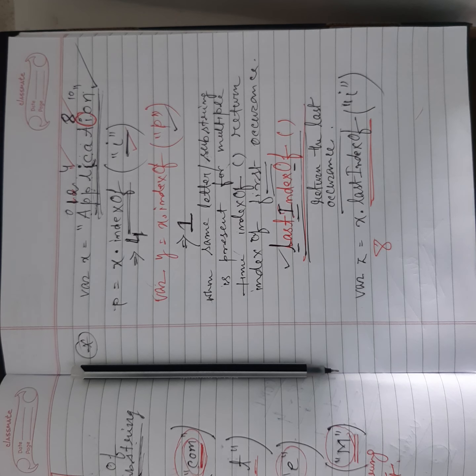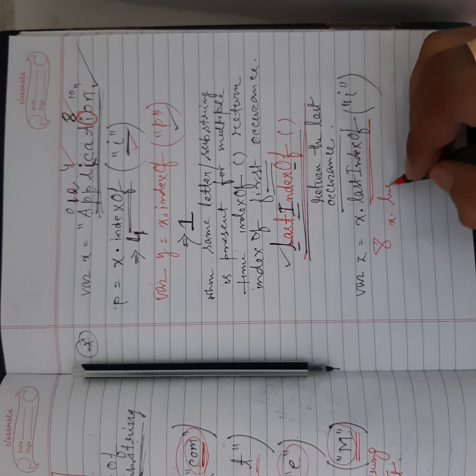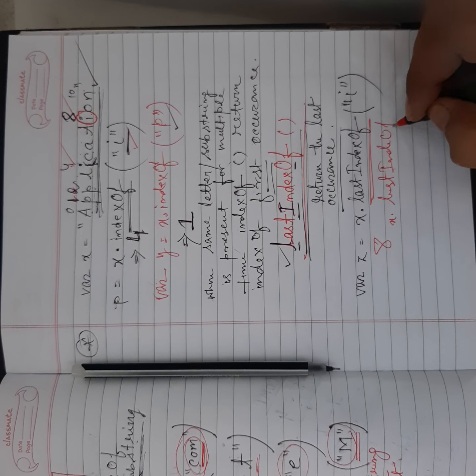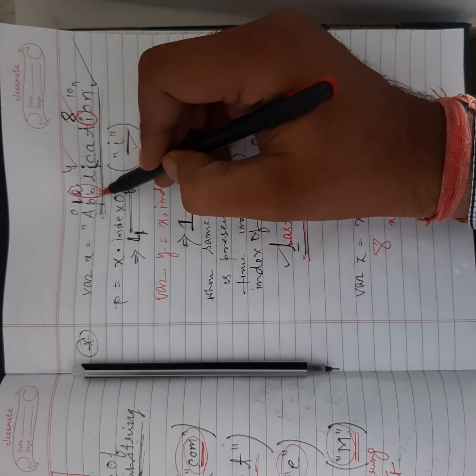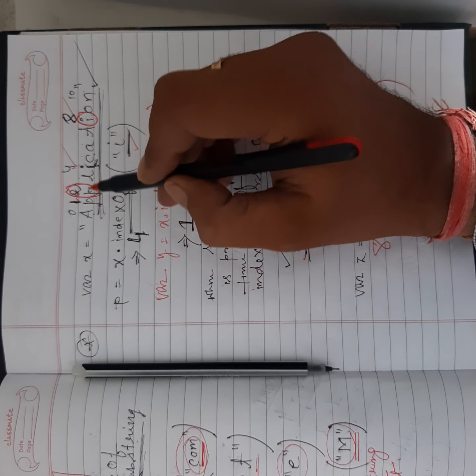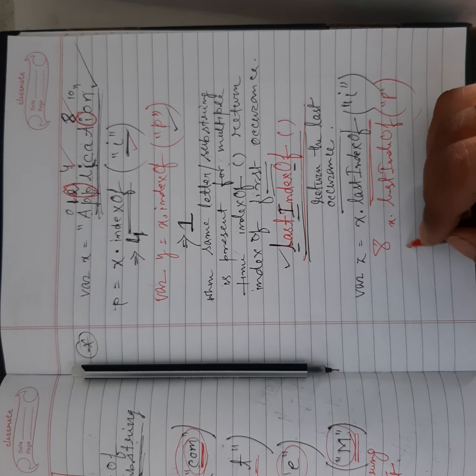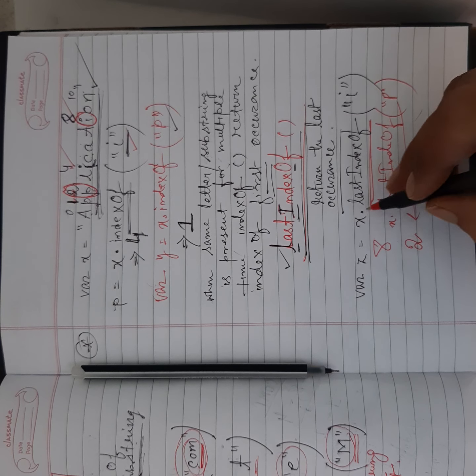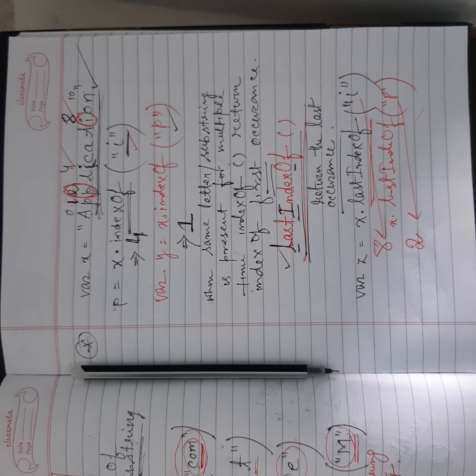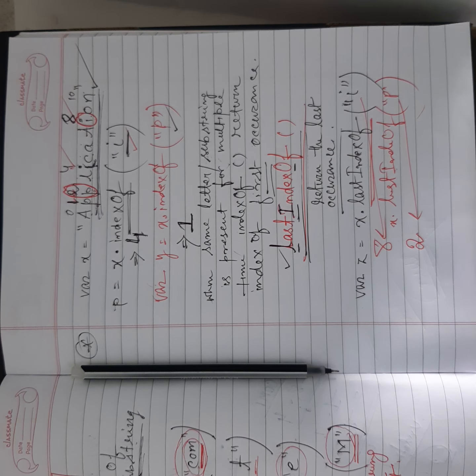In the same way, if we write x.lastIndexOf("p"), what will be the return value? The value will be 2, because at position one it is present for the first time, and at position two it is present for the second time. So for this case the value will be 2, where it is present for the last time. So this is basically the methods indexOf and lastIndexOf, through which we can find the index of any string, substring or any letter within another string.